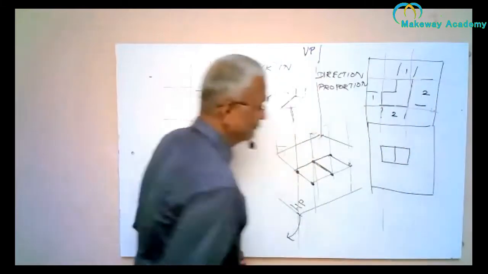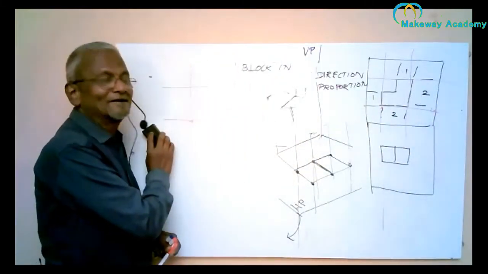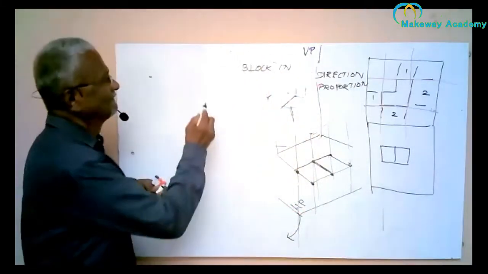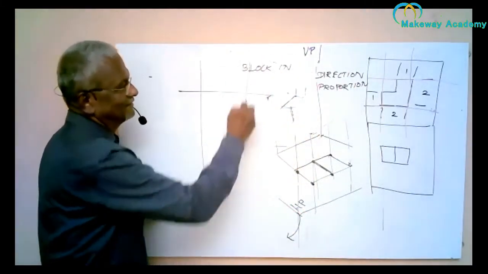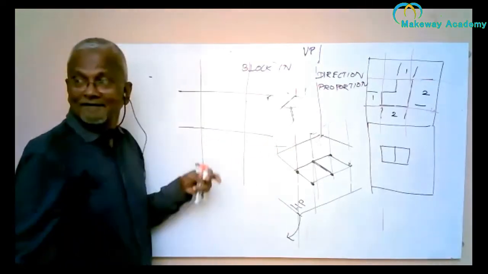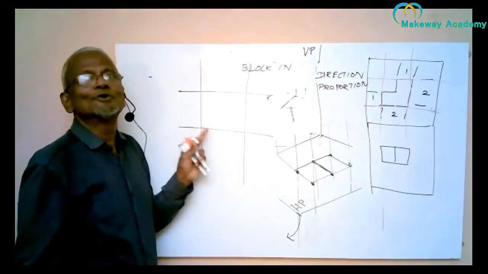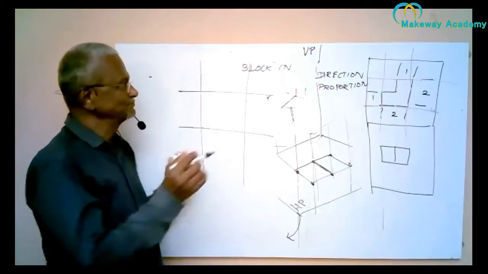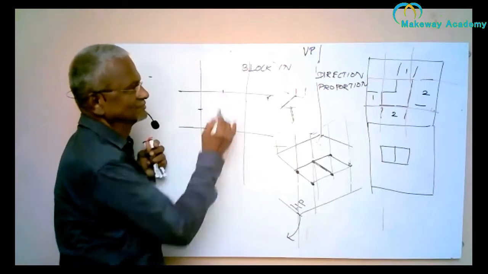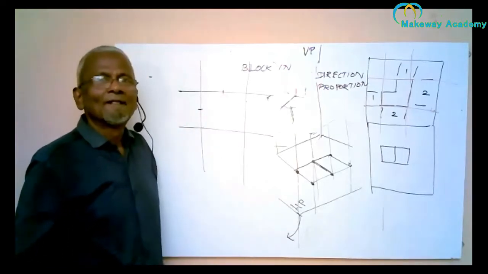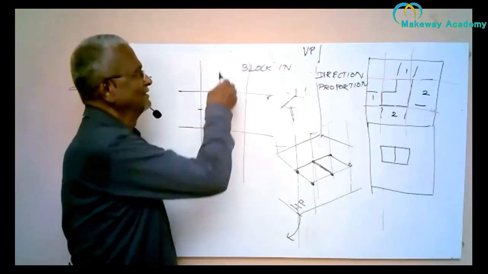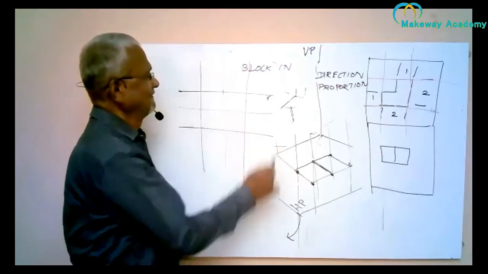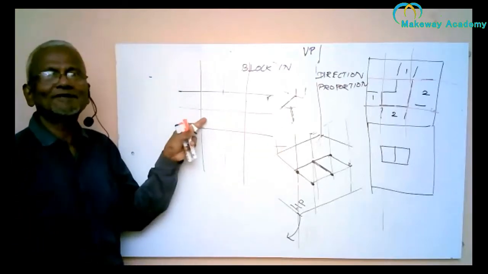The views. I think these red lines are not visible, so I use a black sketch pen. I think it is visible now. So 2 by 2, 2 units. It's not a centimeter or millimeter. It is 2 units. That's all. This is 2 units. This is 2 units. Now what do I have to do? I have to draw a horizontal and a vertical line. So what am I trying to do? I'm blocking in the views.